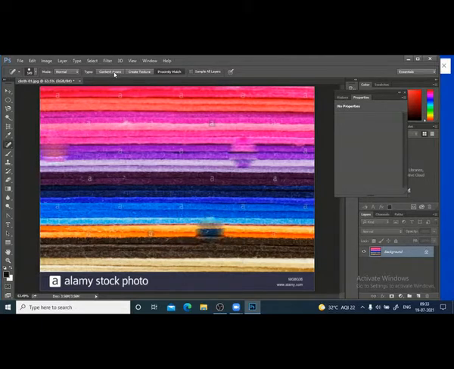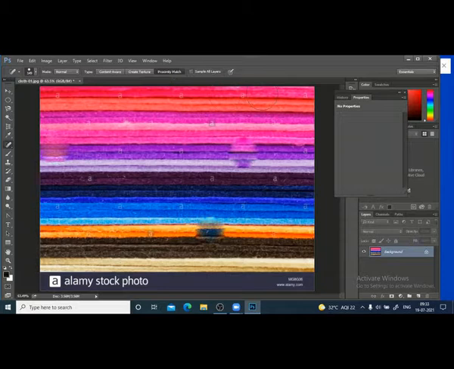Okay, so content aware is more effective. When you use content aware, it removes the item and you don't find any difference, and you feel that the item has been removed. But with create texture, it puts some textures, so you can see the difference.